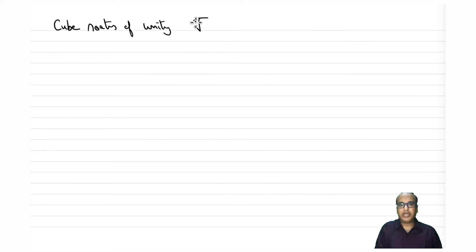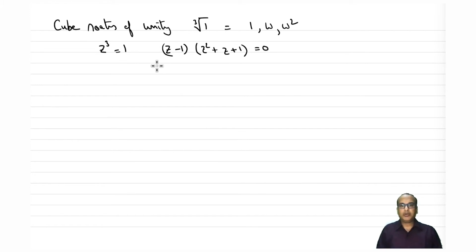That is, if you take the cube root of 1, we get 3 solutions, right? 1, omega, omega square. How do we get this? Let's say z cube is equal to 1. This is just a refresher. To solve for z, you can factorize it as (z minus 1) into (z square plus z plus 1) equal to 0, right? So you can do this factorization, and this gives you the first root as z equal to 1, which is an obvious answer, and the other two roots are,